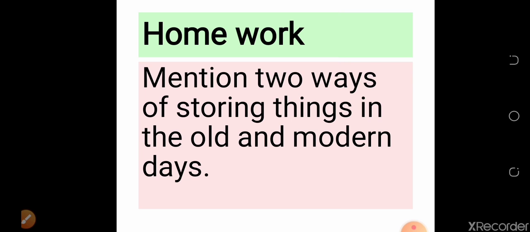So now, homework. I want you all to mention two ways of storing food items in the old days and in the modern days. Write this in a clean sheet of paper or in a clean book. Write your name, write the date, and answer